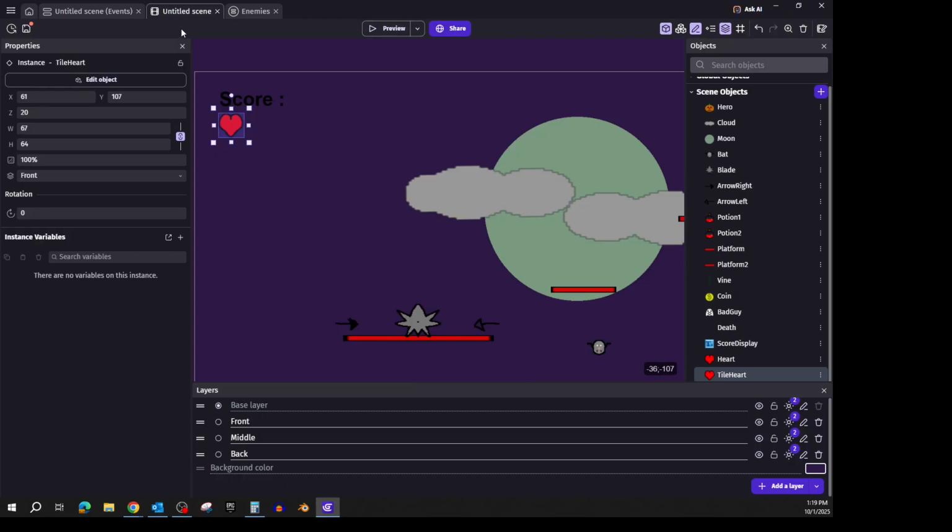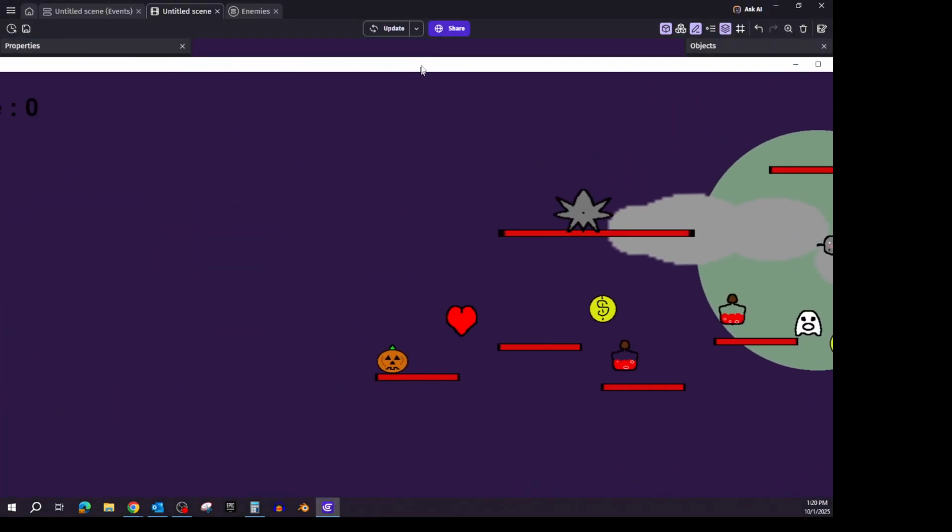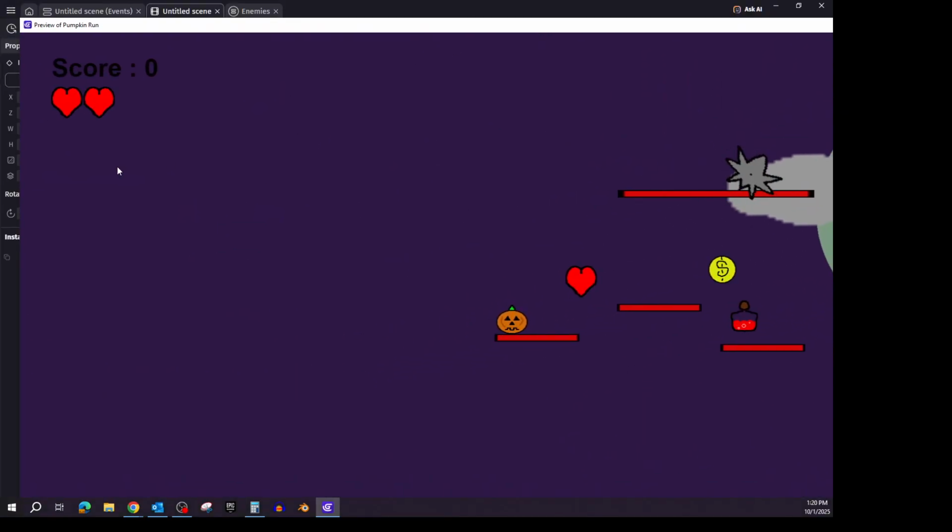All right, let's save it and check it out. All right, so now we can see I've got 2 hearts here, right? Because I currently have 2 lives, so my health variable on my guy starts off at 2, so 2 times 64 would be 128, which is 2 of these. And then I hit this one,